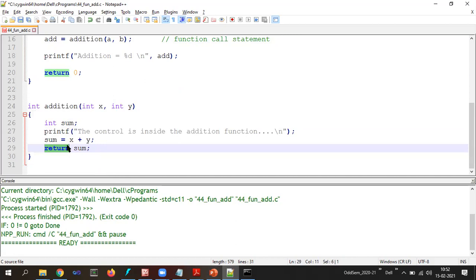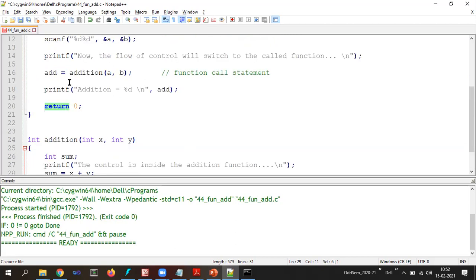Return means you now go back to the function from which you were called. So it will again come back to the main function and whatever value we have passed, that 30 will be stored in add and then it will continue further over here.